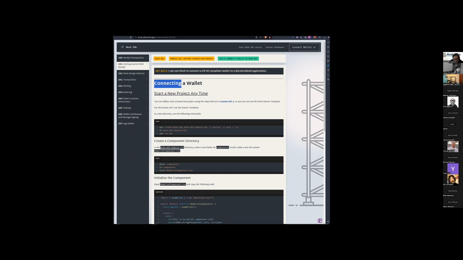You can always start a brand new project following the steps in the lesson we just looked at. Or you can use the Mesh starter template. And so this lesson says, for this one, let's use the starter template. And so just to show you method number 2, which we haven't worked on together yet, let's take a different approach. All right, so back in my browser, excuse me, back in VS Code,